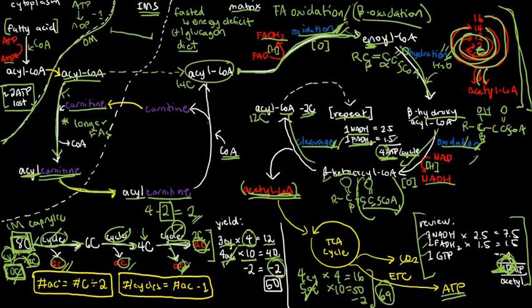So in order to make a shortcut, just use this formula. The number of acetyls is the number of carbons divided by 2. So as long as you know how many carbons are in caprylic acid, that's 8, then you know that you have 4 acetyls. Or for example, if you have, I don't know, palmitic acid, since palmitic acid has 16 carbons, we know that when it's completely broken down, that will give us 8 acetyl groups, and so on and so forth.